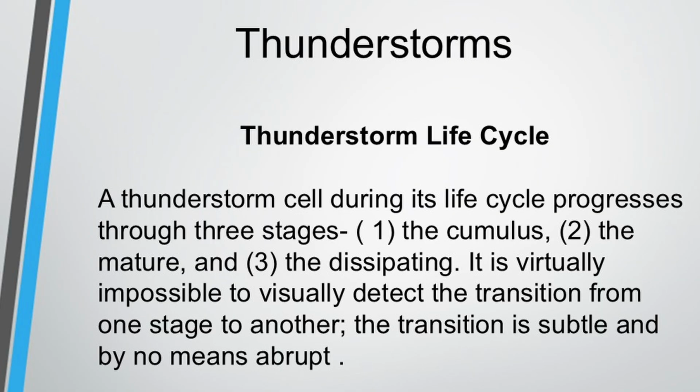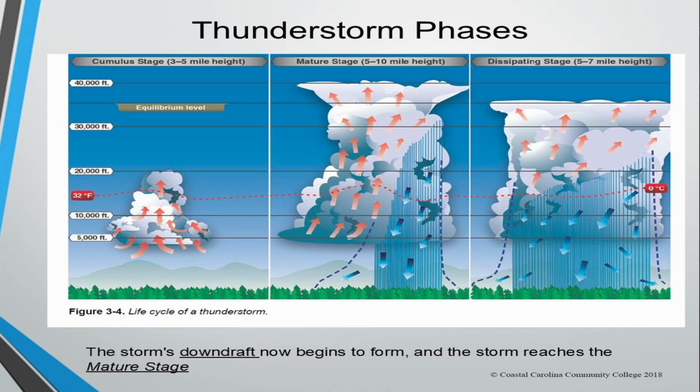Thunderstorm life cycle. You've got three stages: the cumulus stage, the mature stage, and the dissipating stage. You really can't visually determine where it is in that kind of continuum. But if you look at this example, you see cumulus stage is when the clouds are building, getting higher and higher and higher in elevation. The mature stage